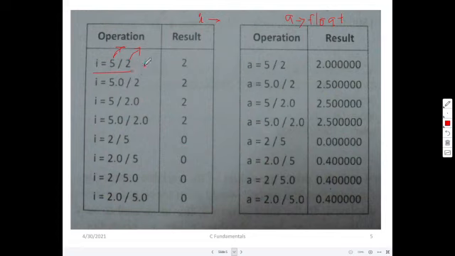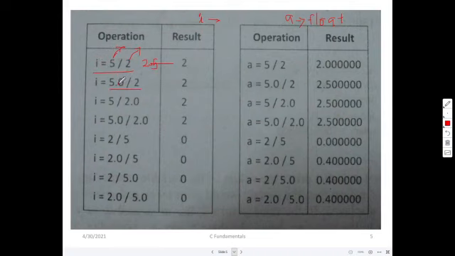Now what is 5 by 2? We all know that it is 2.5, correct? But since both of them are integer constants, this will get truncated and only 2 will be stored in i. So the result of 5 by 2 is only 2, and that 2 will get stored in i.